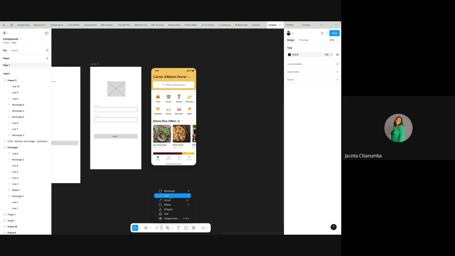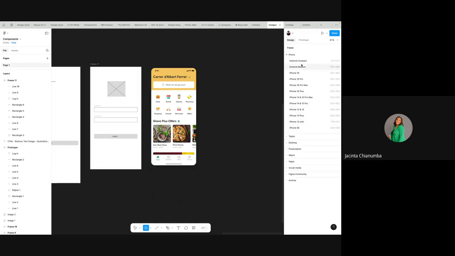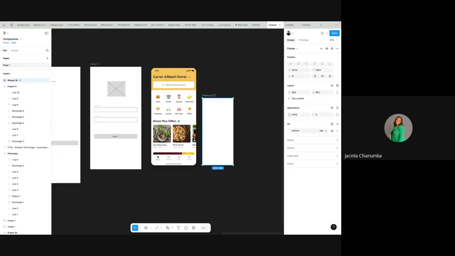You know, there is a forward approach and there's a backward approach. So this is like the final design, but let's try to go back to how it actually started. So before this page came into life, there was a wireframe. So let's try to create a wireframe from this